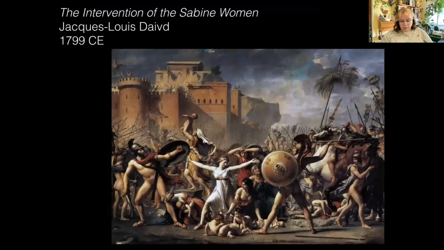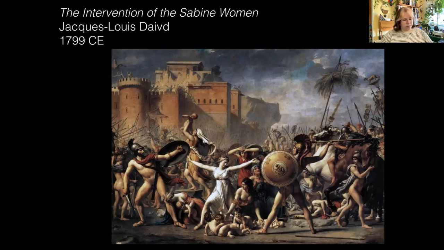The Intervention of the Sabine Women, again, just another amazing myth from ancient Rome. Basically, when Rome is founded, they're like, we don't have any people. And so they send word to neighboring towns and they're like, hey, are you a criminal? Are you not wanted in your town? Come to our town. We don't care. Which meant that they got a bunch of dudes. And so Rome was all men and they were all criminals. And they were like, how are we going to get women? And in true criminal fashion, they were like, we'll steal them.